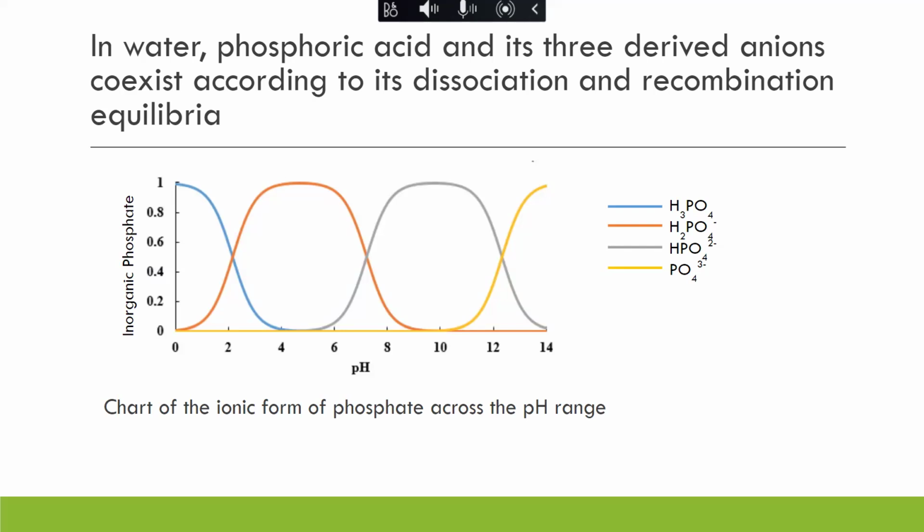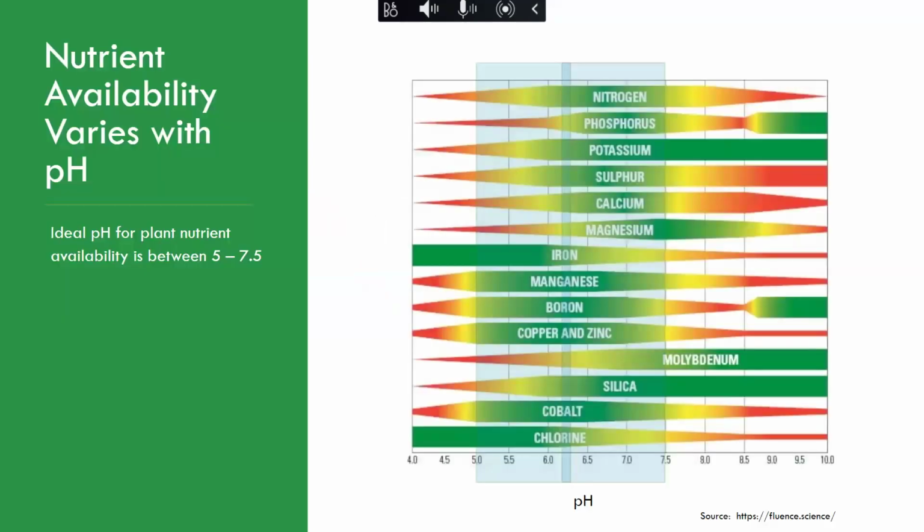With phosphate, ideally, you would actually want the pH to be really, really low. However, other nutrients are not going to be as available as phosphate would be, because